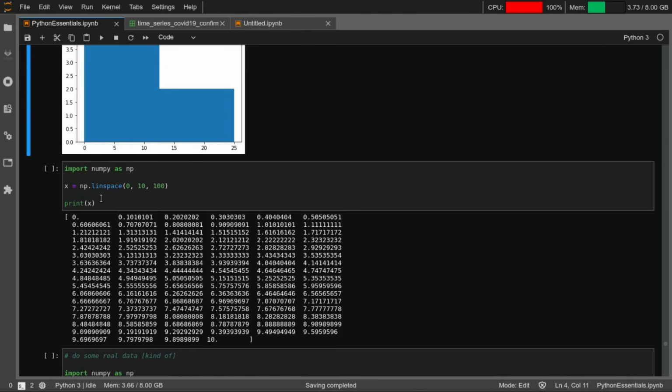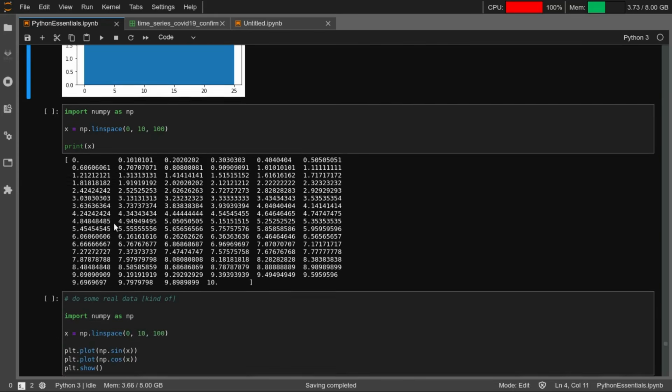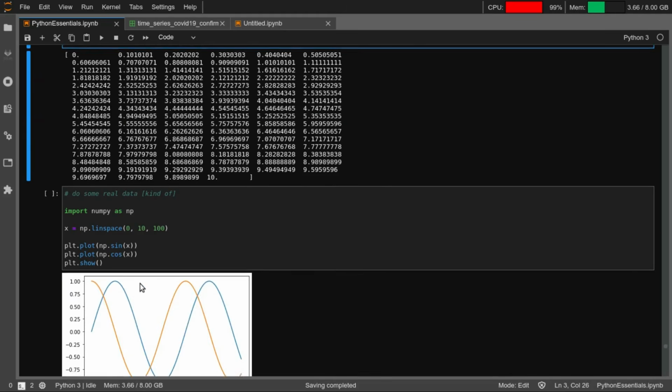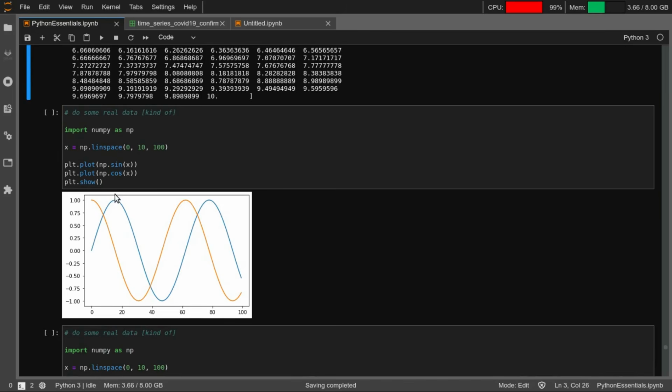As I said, matplotlib can deal with normal Python vanilla lists and also with numpy arrays. So here we have defined an array of 100 points between 0 and 10, and we are plotting sine and cosine values on top of it, right? So here we just said plot np.sin(x). You might notice that we have not specifically mentioned any x-axis or y-axis separately. That is one of the advantages that you have when you are passing it numpy values like this.